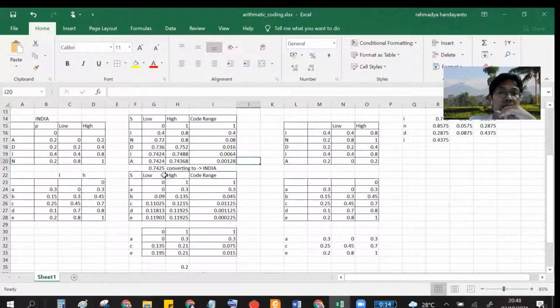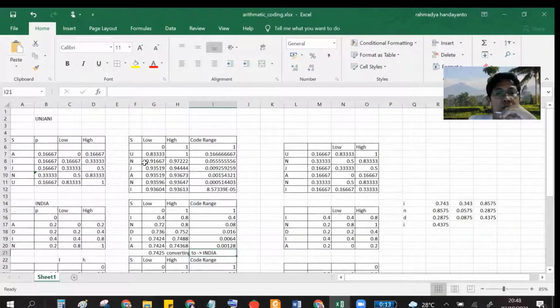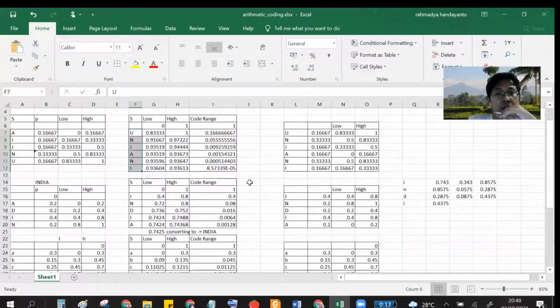So you see that these numbers make it simpler. Another example, Unjani, you can represent this string with a number between 0.936 and the high value, so 0.93605, maybe. Yes, this is Unjani.